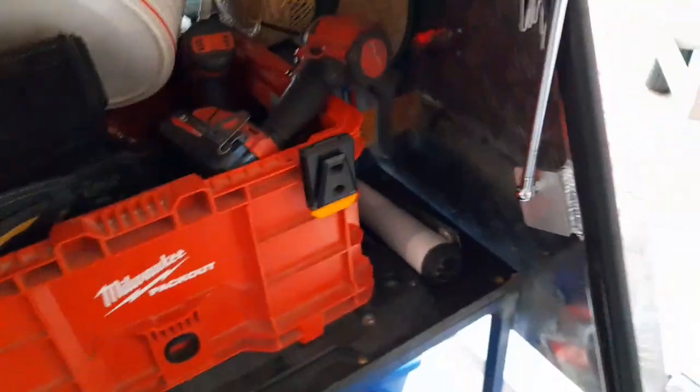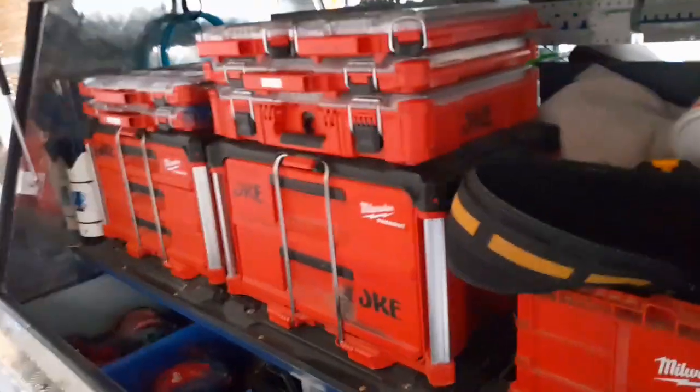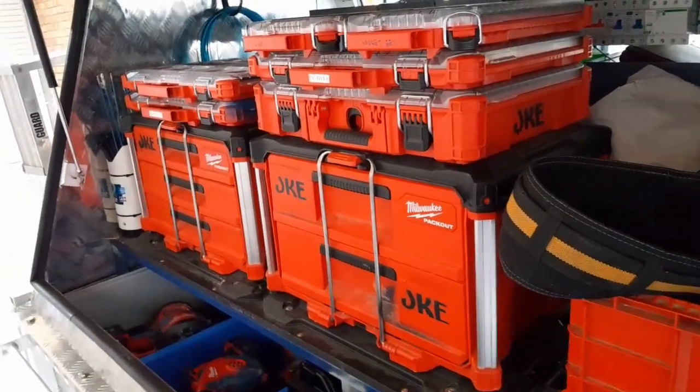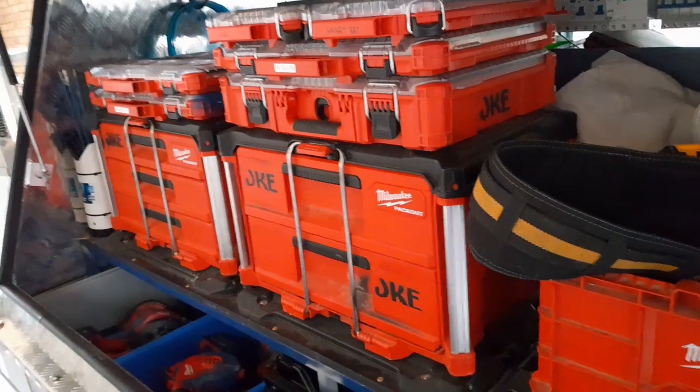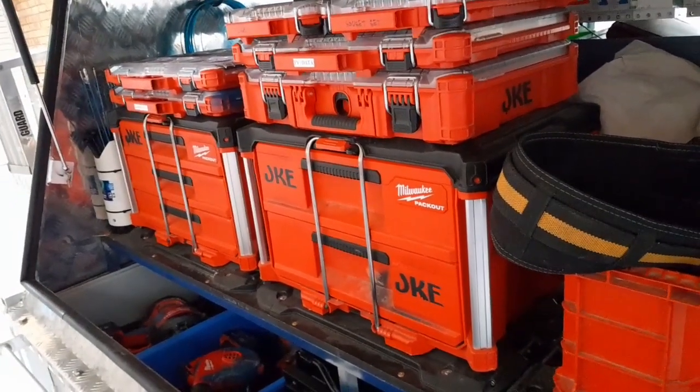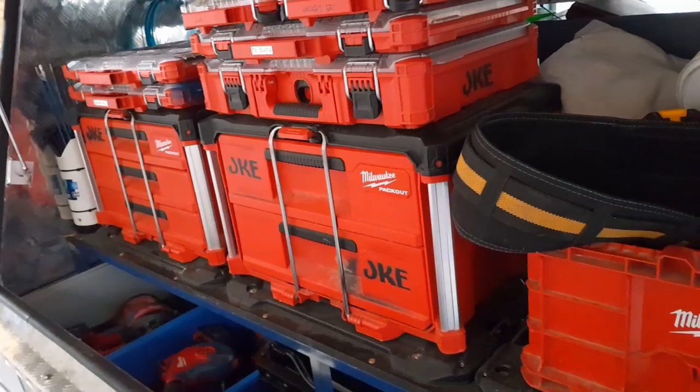So this side, this was the base that I built it around, was the Packout system. Just because I like being as efficient as I can, and Packout really helps with that. I don't get this stuff out unless it's at least a half day's work and I'm working a little bit away from the trailer. If it's a long driveway or up a set of stairs or whatever,